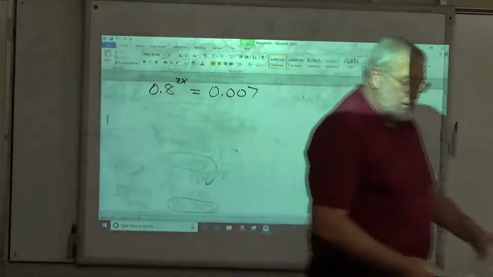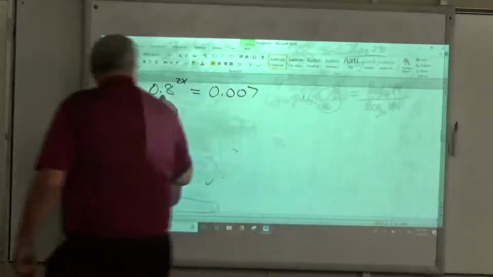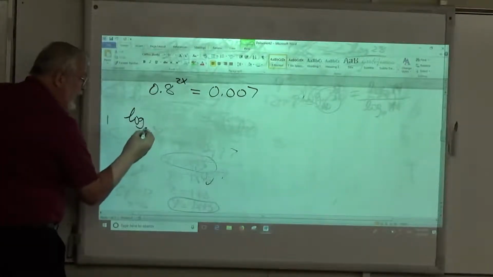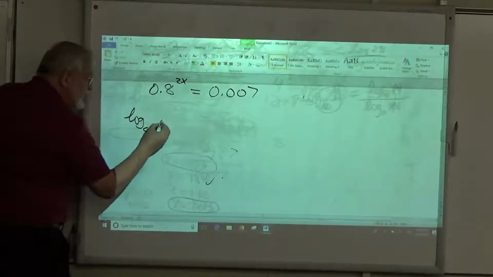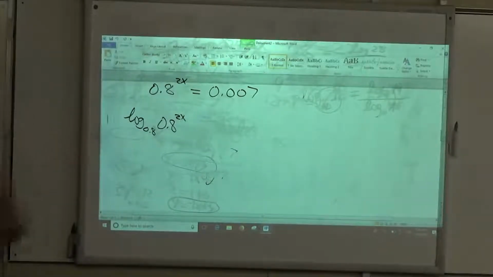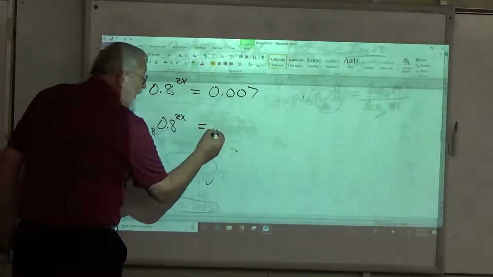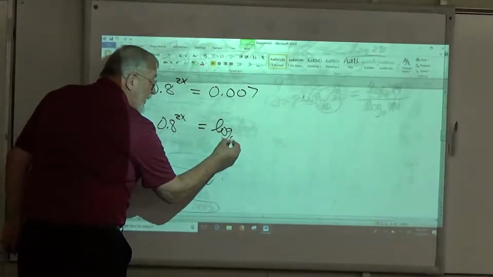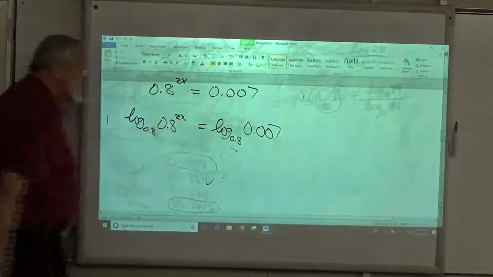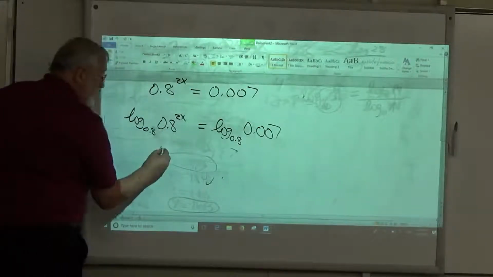I want log base b of b. Right? This is my base. So I want to take the log base 0.8 of 0.8 to the 2x power. That's going to give me the 2x. But if I do log base 0.8 here, I have to do log base 0.8 of this number over here. All right, now this gives me 2x